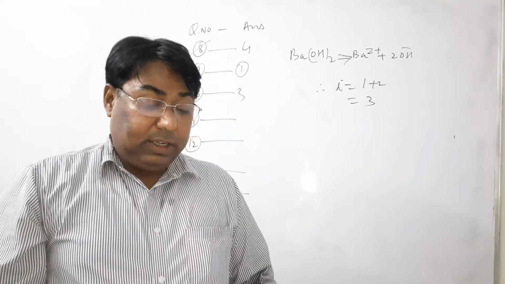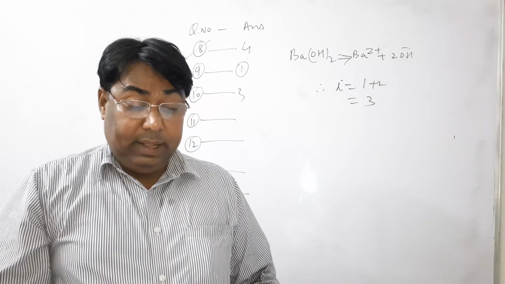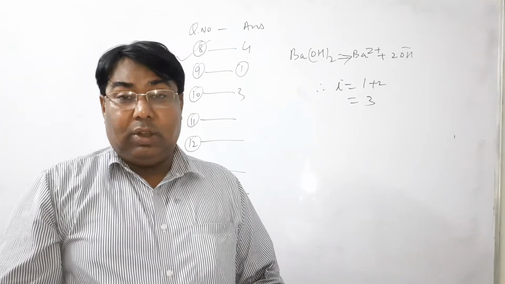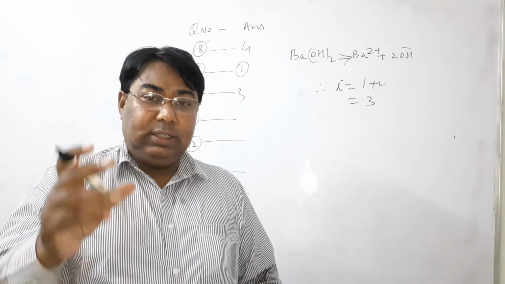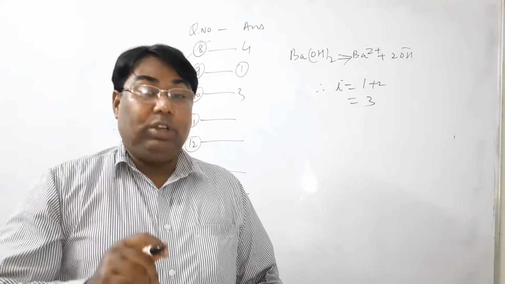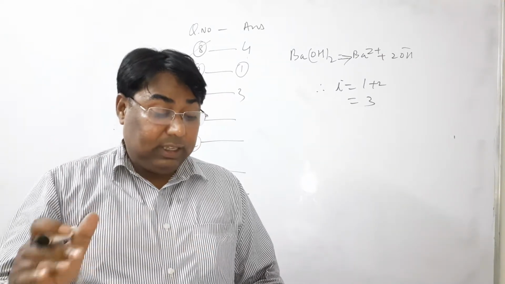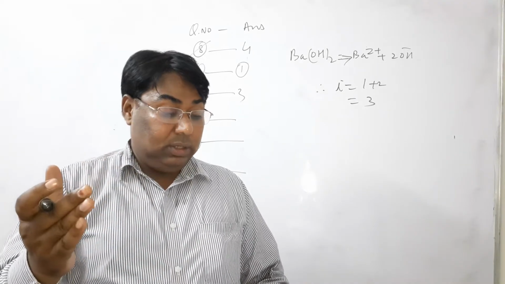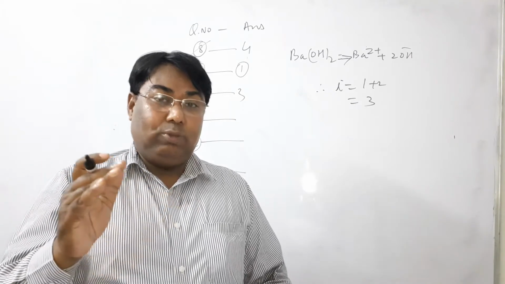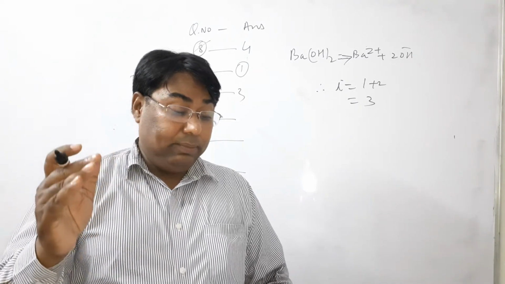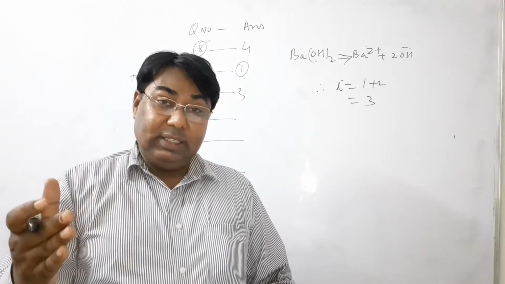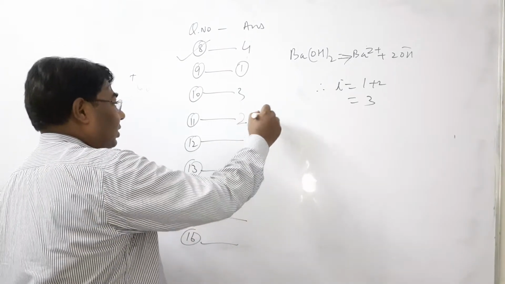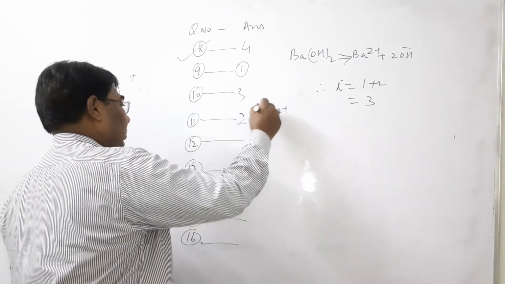11. The standard reduction potentials of lithium, barium, sodium, magnesium are given. Among these, which one is the strongest oxidizing agent? Oxidizing agents have the lowest negative magnitude of standard potential value. So among the given choices, only magnesium has the lowest reduction potential value, minus 2.37. Therefore, Mg2+ is the strongest oxidizing agent. Understand? So for 11, choice number 2 is correct, which is Mg2+.